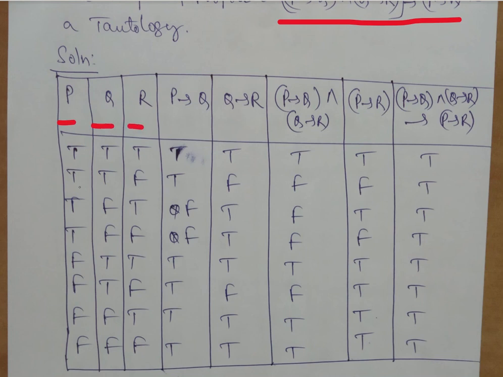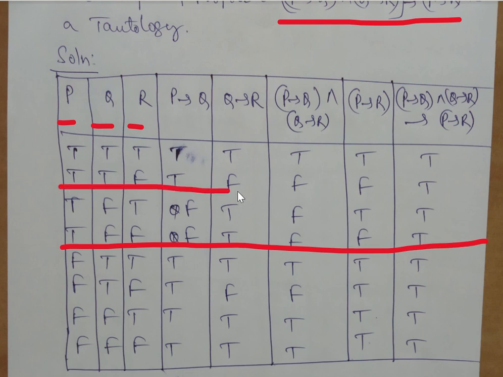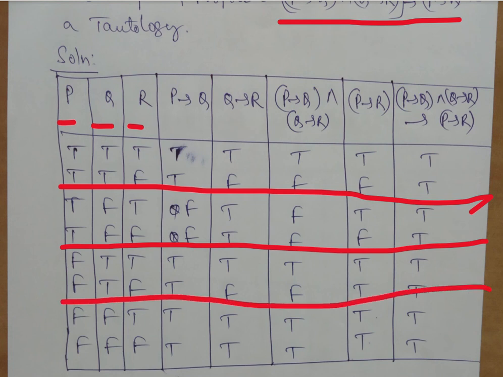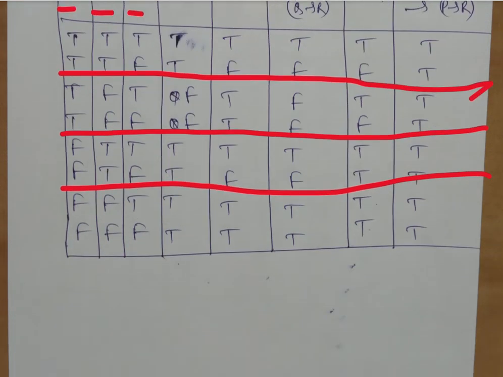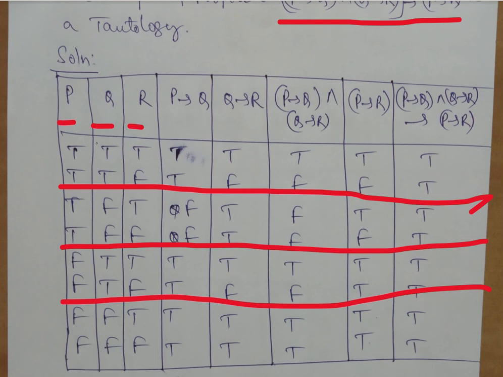So TTT, TTF, TFT, TFF. Again here, if you have any confusion over T and F, if you are comfortable with zeros and ones, please go with zeros and ones. No problem at all. Both are same. So I'm just writing T and F here. So TTT, TTF, so that you will get all 8 combinations, because 2 power 3 is 8.